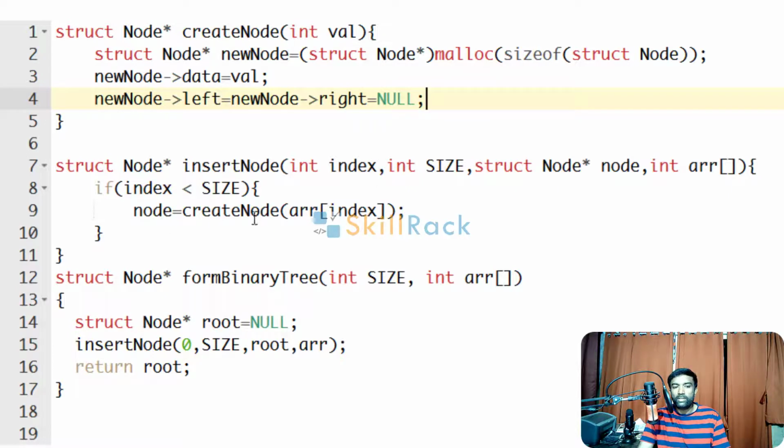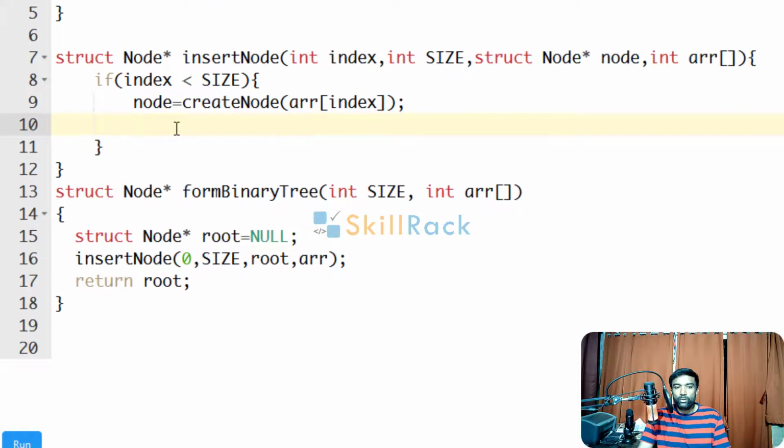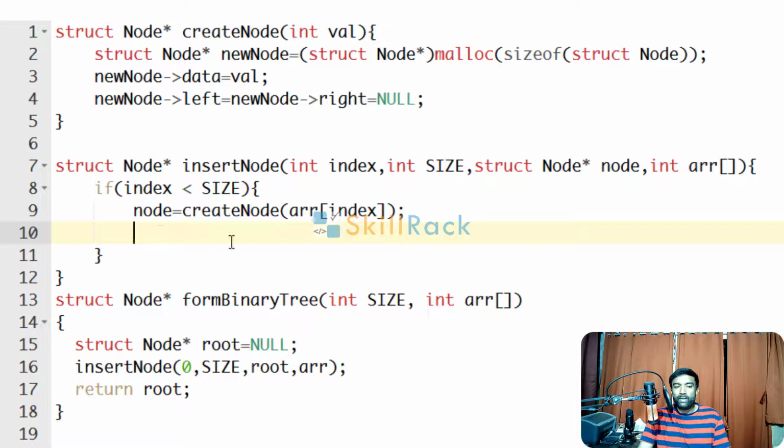That will be initialized in the insert node. So if the index is valid, we are creating a node, and the left pointer and the right pointer will be null. Here we should populate the left and the right nodes.